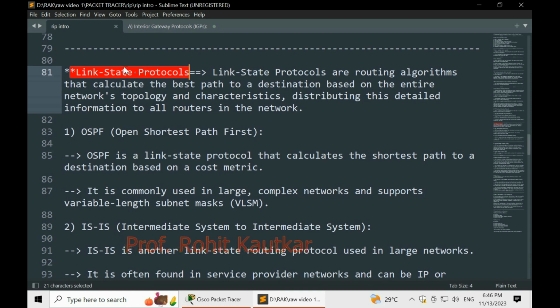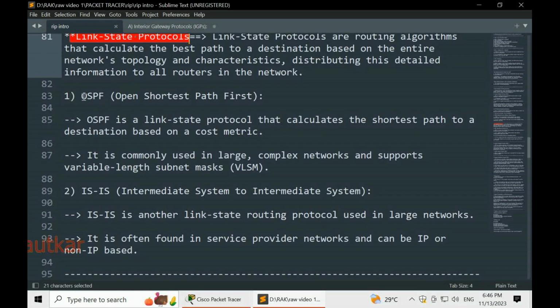Now friends, in link state routing protocols we have two categories. The first one is called Open Shortest Path First. This protocol is based on link state and calculates the shortest path between source and destination based on the cost metric. It is commonly used in large complex networks and supports variable length subnet mask.